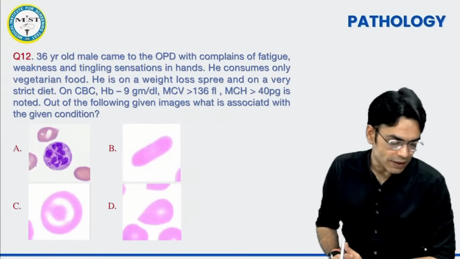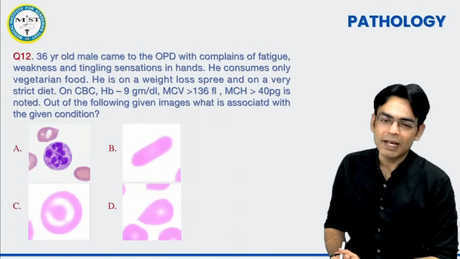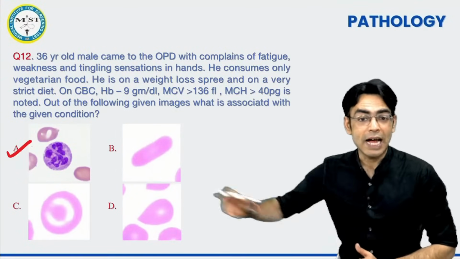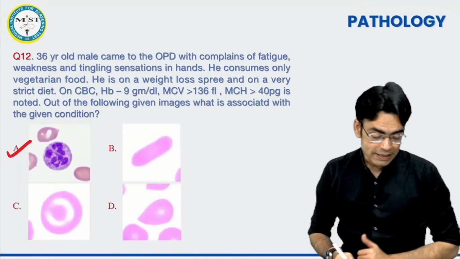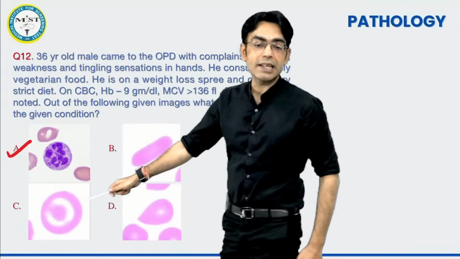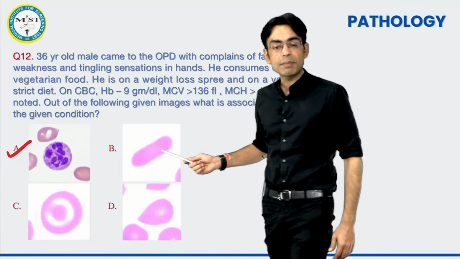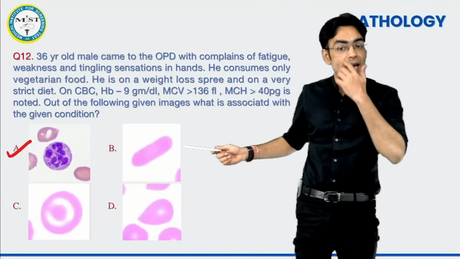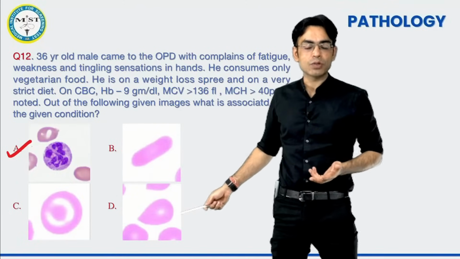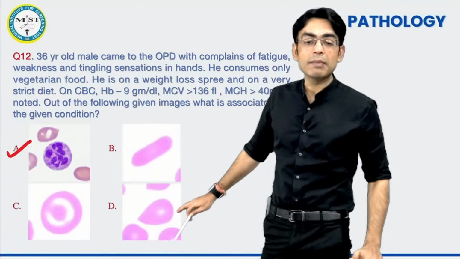चलो आ जाओ. इट्स अ मेगालोब्लास्टिक अनीमिया, यस, एंड यू आर एब्सोल्युटली राइट ऑल ऑफ यू. इट्स ए हाइपर सेगमेंटेड न्यूट्रोफिल. ये बेटा टारगेट सेल है, C इज अ टारगेट सेल. ये कहाँ दिखती है? थैलेसीमिया, सिकल सेल में दिखेगी. दिस इज अ पेंसिल सेल. This would be seen in iron deficiency anemia. ये अपनी टीयर ड्रॉप सेल है, डैक्रोसाइट. तो बेटा ये प्राइमरी माइलोफाइब्रोसिस.